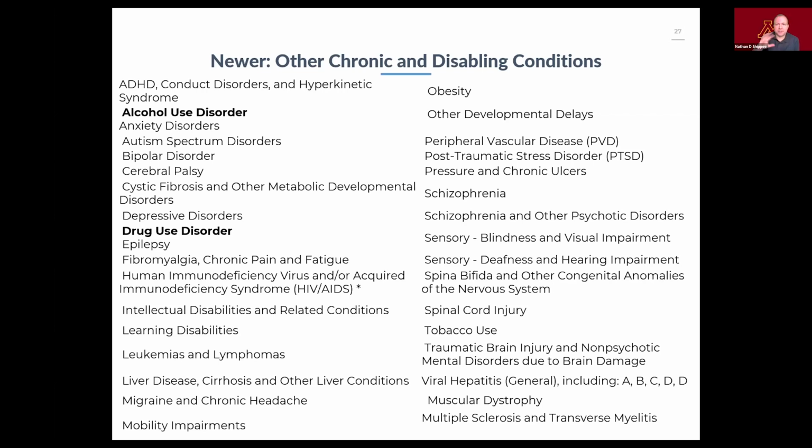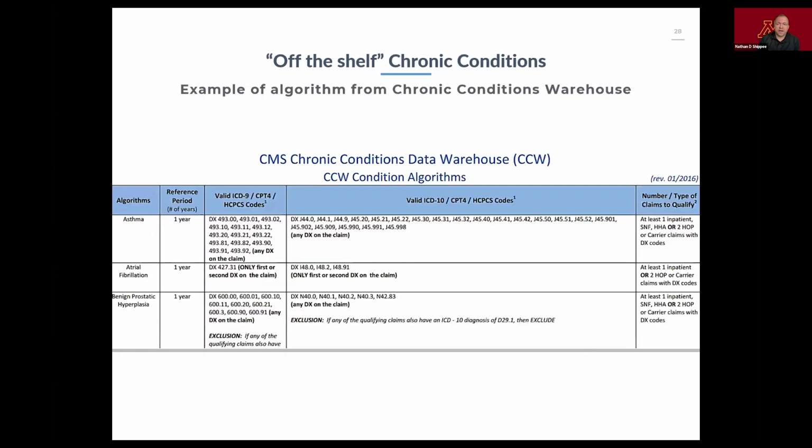So again, these are two segments, the chronic condition segment and then this other chronic and disabling condition segment, both segments of the master beneficiary summary file. And here's the tie that I wanted to make back to Hebert et al. with those algorithms. If you go to ccwdata.org and look at their definitions, you can download these in a PDF. It's actually a really interesting resource.